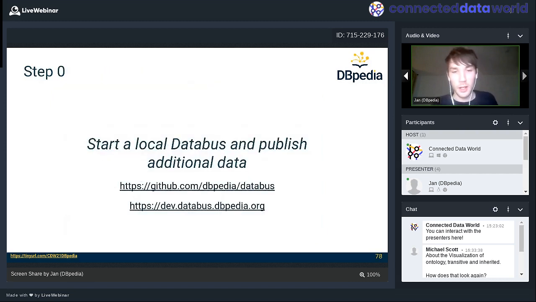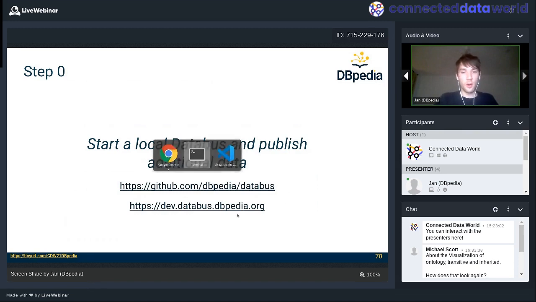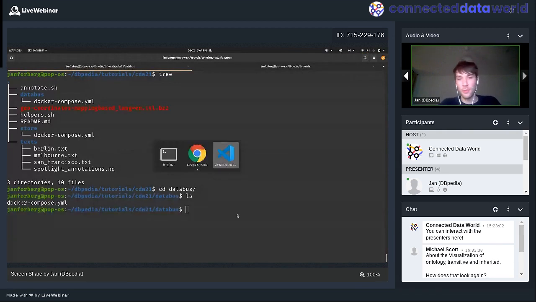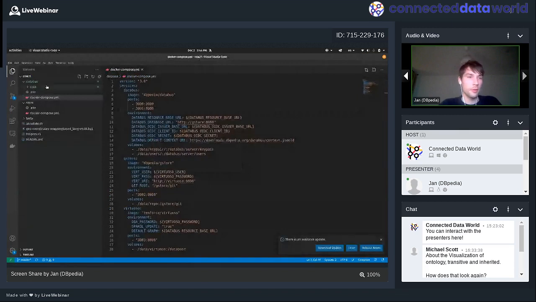So the first step: let's start a local Databus and publish the complementary data, and that is the geocoordinates dataset. So let's hop into the command line. Let's navigate to the databus folder, and in here we have just a Docker Compose YAML file. So for everyone who does not know what that is,